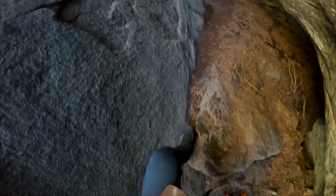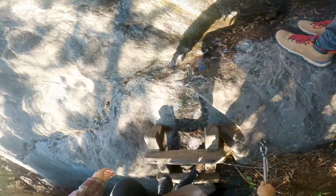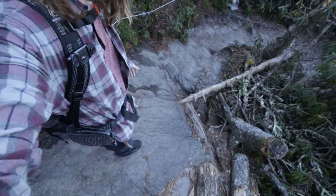Oh my gosh. Oh, this is nice. This is a little cave. Alright, it's wet up here. Nice deep shot. We have a lot of this rock that's slanted on this trail,